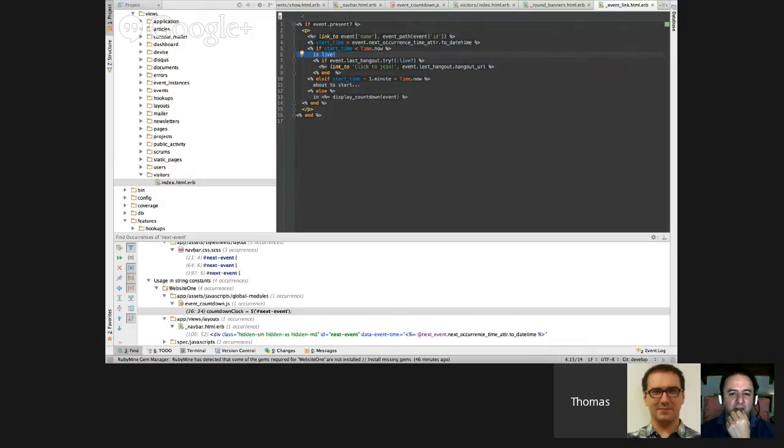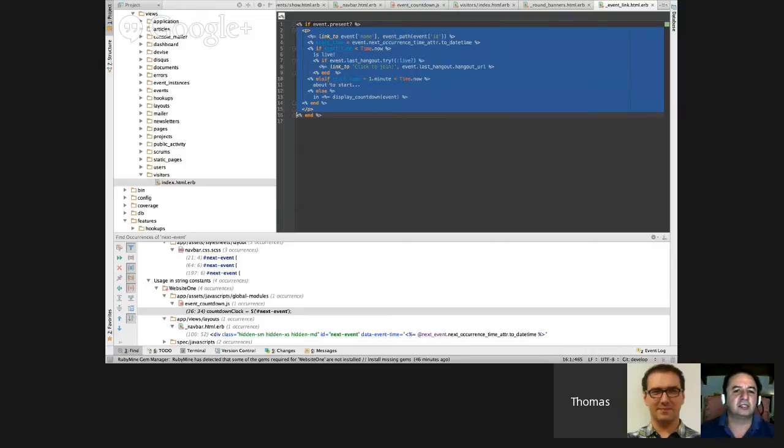Yes. And also, what you could do, you could move all of this to a helper class because it's too much. I mean, this is a view, so it's too much logic here. You know what I mean? Yes, too much work for the view. Yeah, so I would move that out to the helper. Okay.